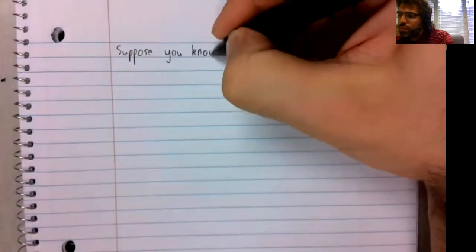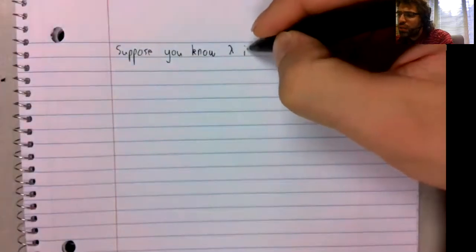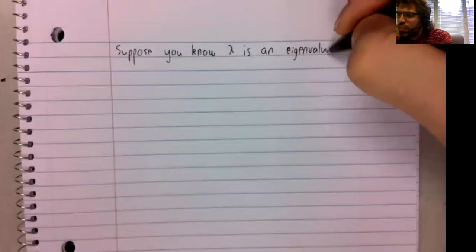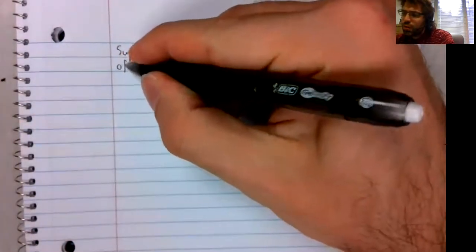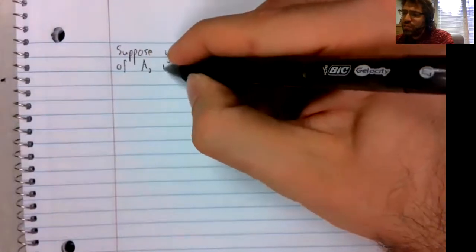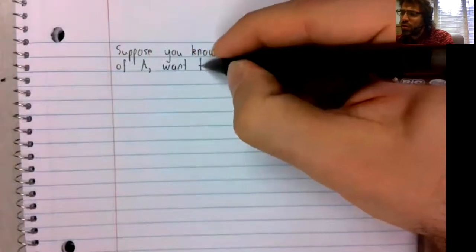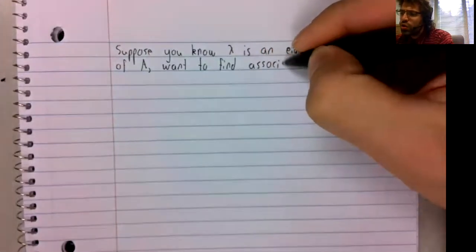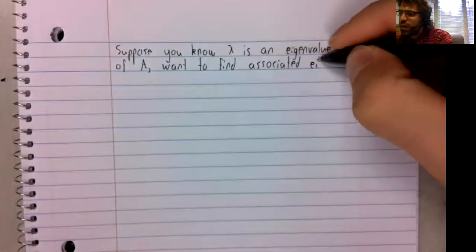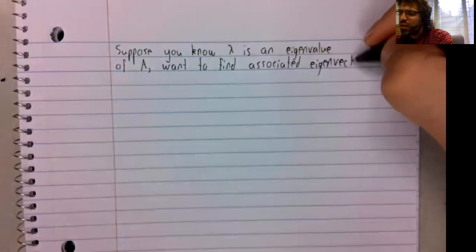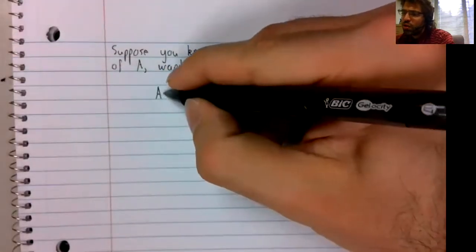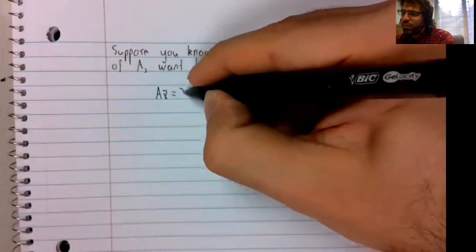Suppose you know that lambda is an eigenvalue of a matrix A, and you want to find the associated eigenvectors. The equation that they satisfy is